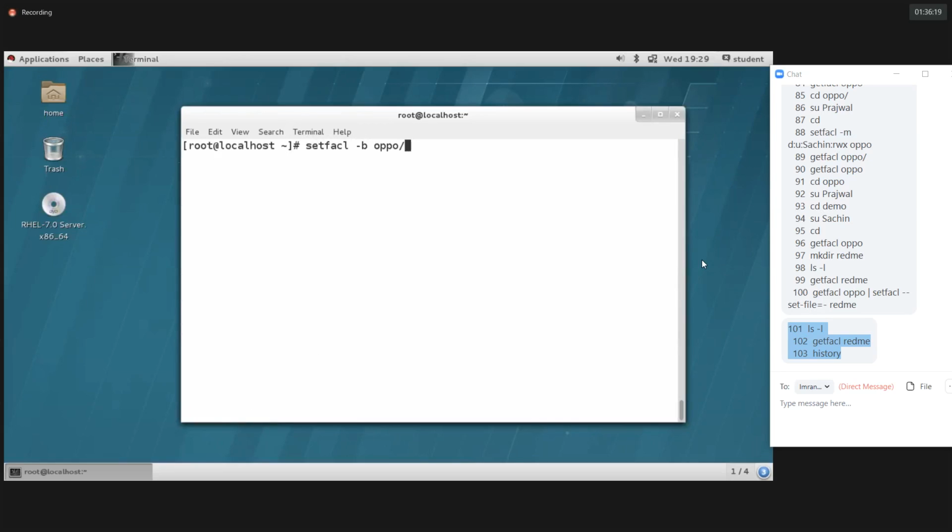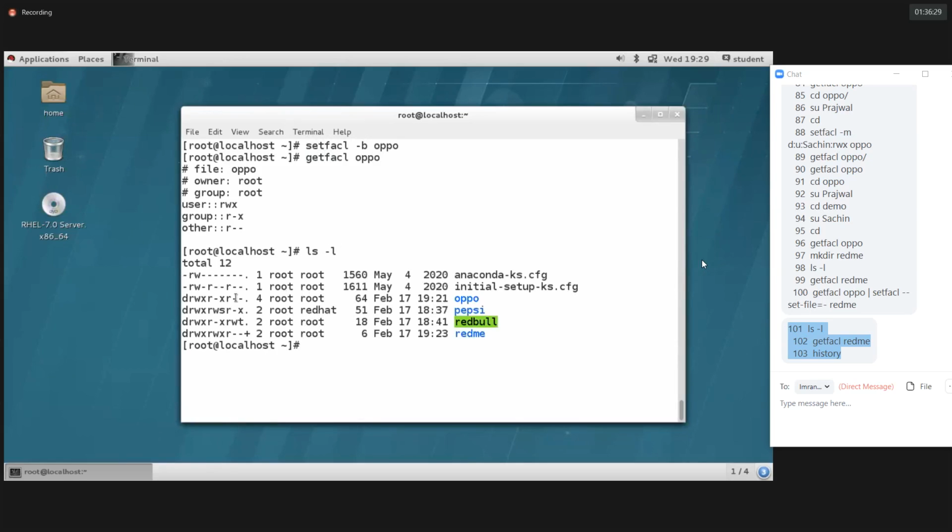Clear? Simple. Then getfacl Oppo, no ACL permission. See, Oppo doesn't have the plus symbol here. We have the dot, which means it doesn't have any ACLs for the Oppo directory. Clear, guys?